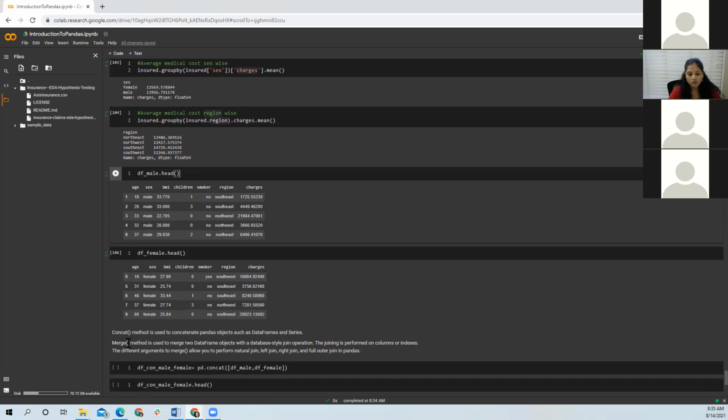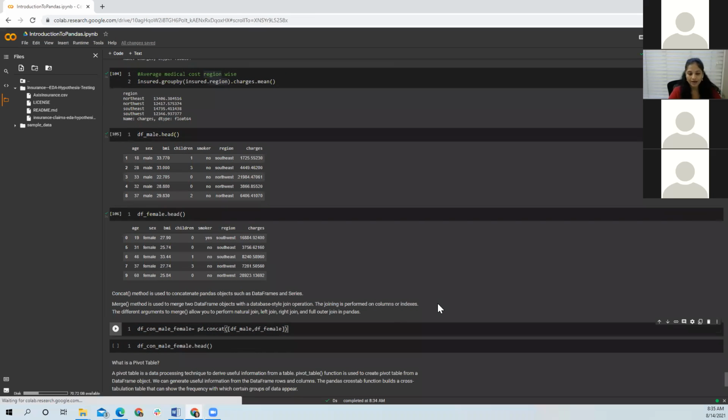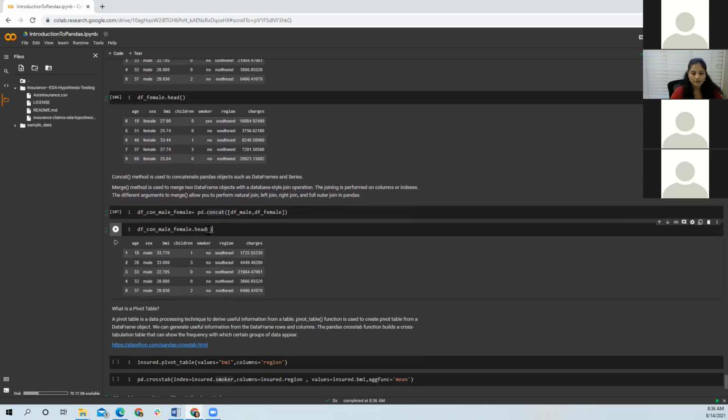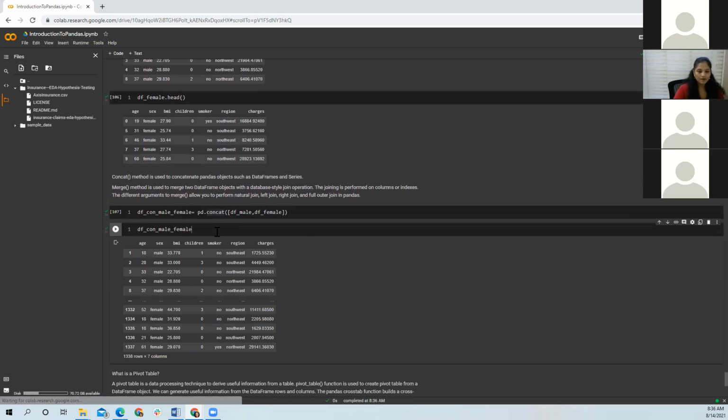But right now our data doesn't have something where we can use merge, so I will just show you how to use concatenate. I'm concatenating the male and female data frames using pd.concat. This will give me my complete data set. Here I'm just using head, but if I don't use head, it will again give me 1,338 rows and all those 7 columns.